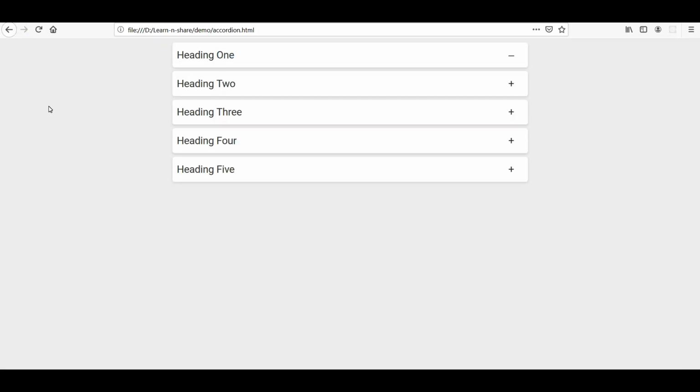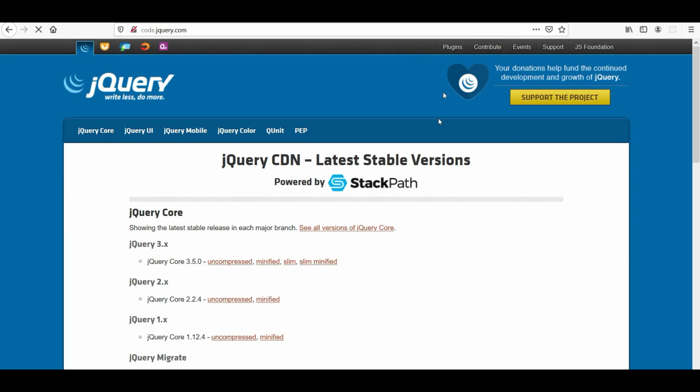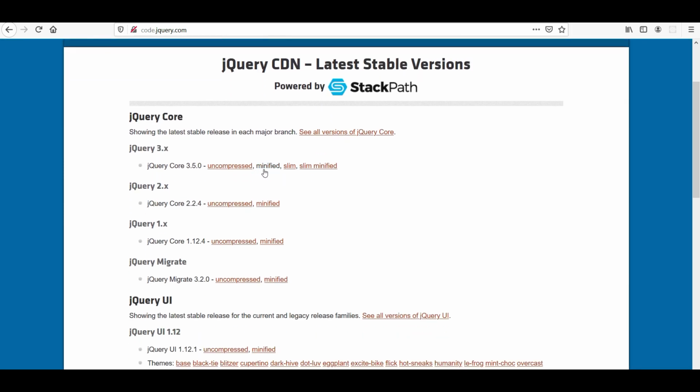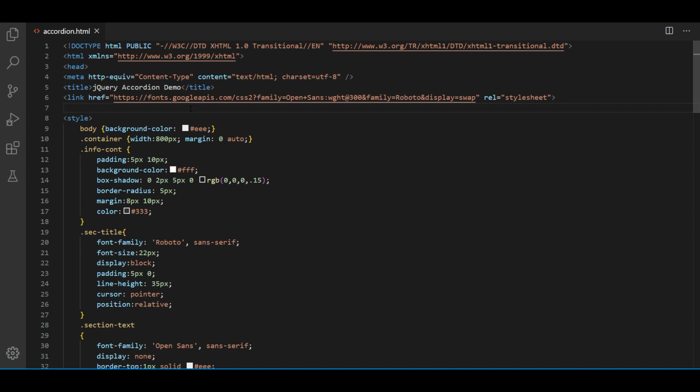The last thing is to include the jQuery library. So go to code.jquery.com and use the minified version of the latest version. Just copy the code and paste it to the header.